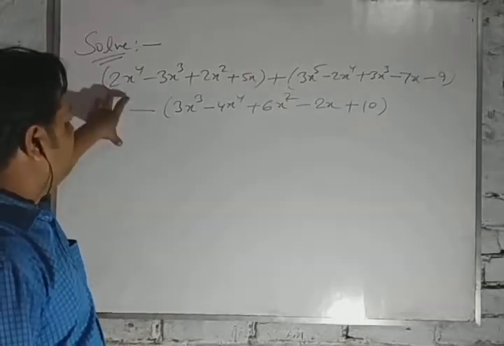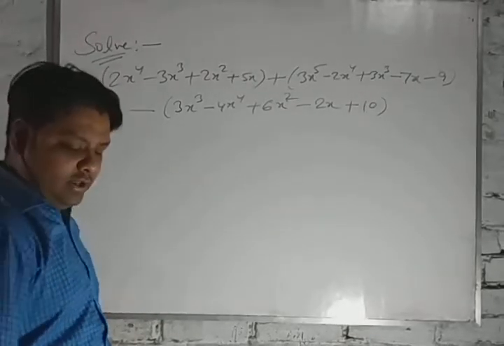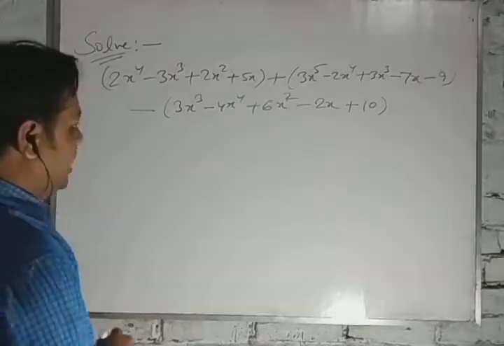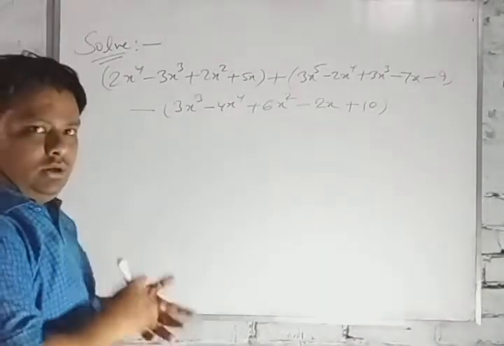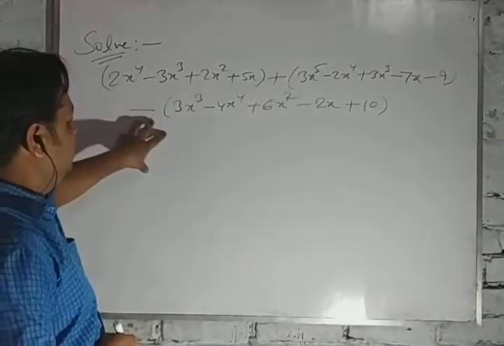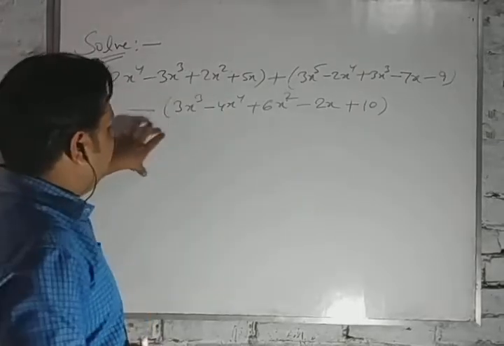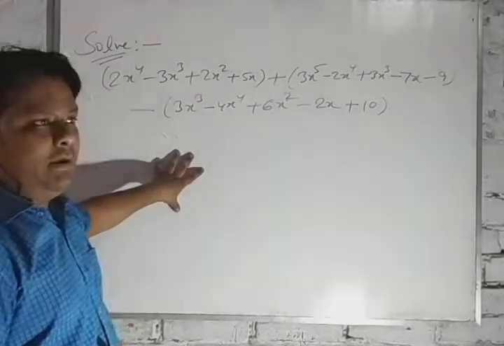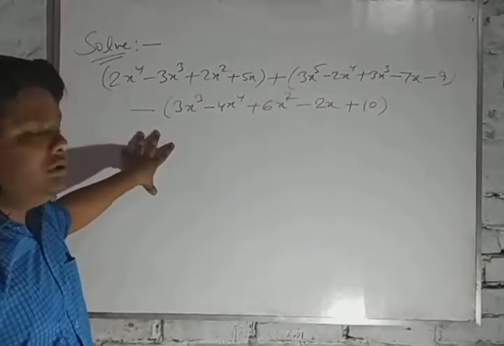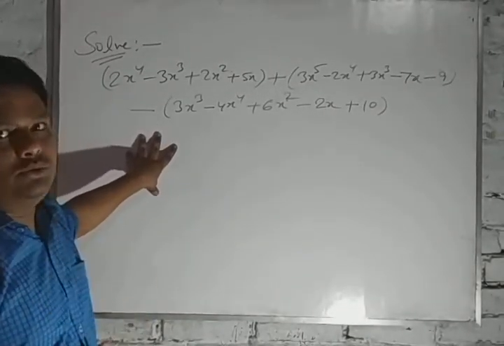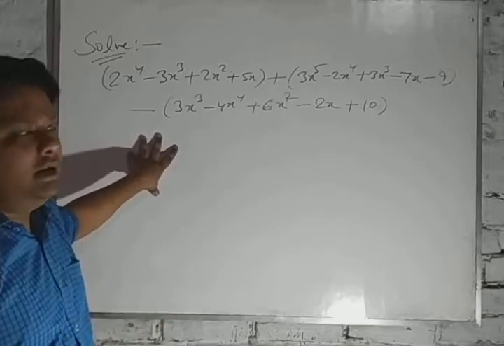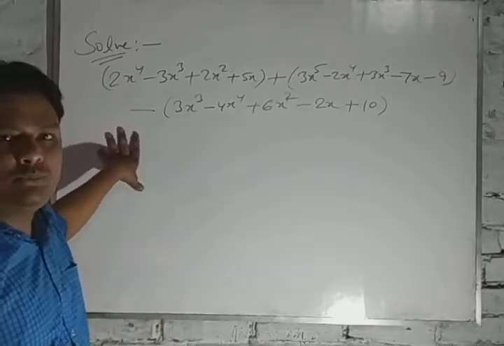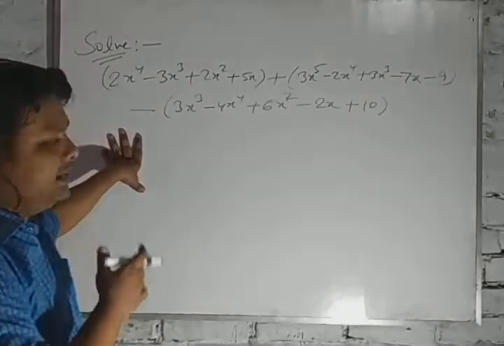So we have to solve it. How can we solve? Now I am doing it by the linear method only. If multiple signs are given, plus and minus signs both, then I recommend that you use only the linear method to solve. It is a very easy method if you are solving more than two expressions and the signs are different.